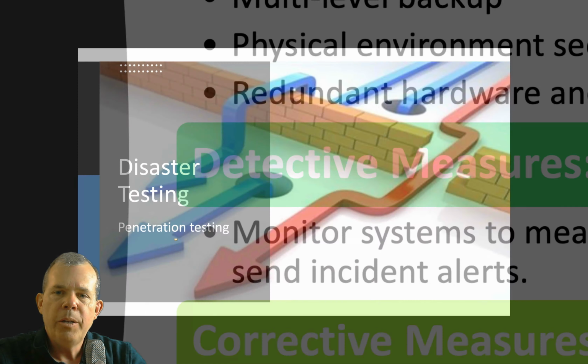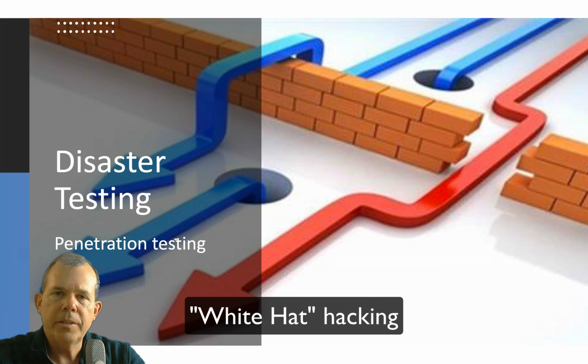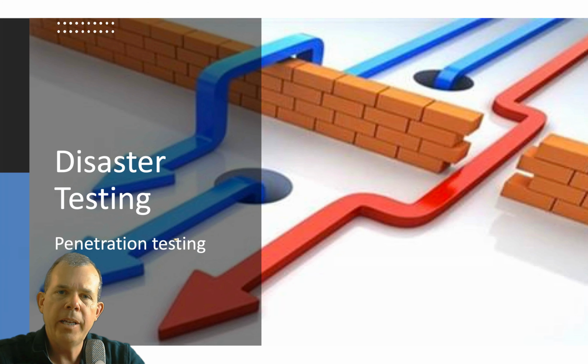So first of all, you have to do what might be called penetration testing. So penetration testing is really white hat hacking. You're looking at your systems and trying to find the vulnerabilities. You try to break in. You try to hack the passwords. You're looking for weaknesses. So that way when the real guys come that are trying to break in, it's a little bit more secure than it was before.